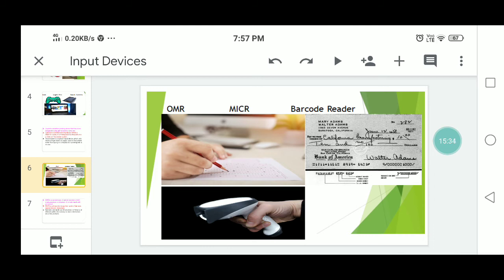A barcode reader consists of a scanner, a decoder, and a cable used to connect the reader with a computer. So it will decode the barcodes printed on the products, especially as seen in supermarkets.